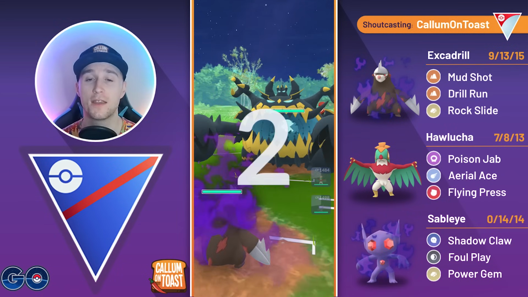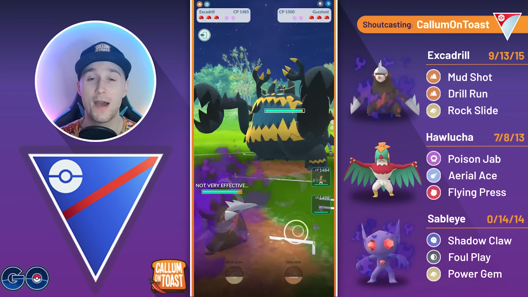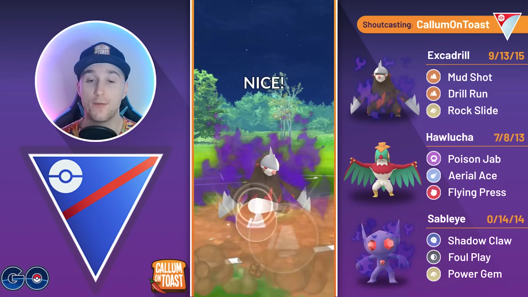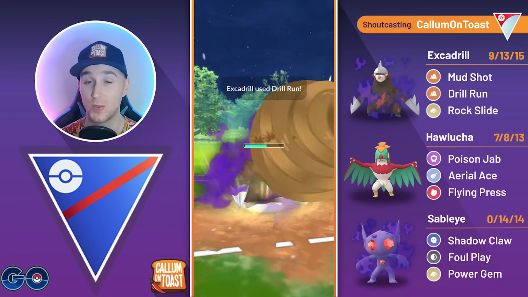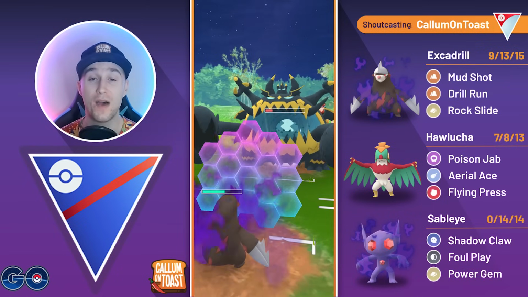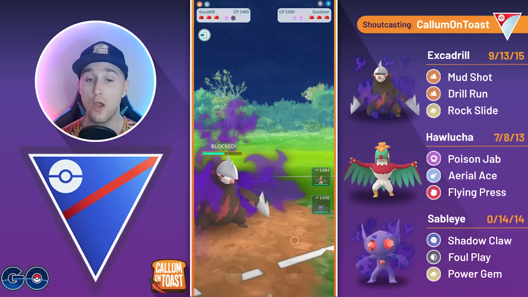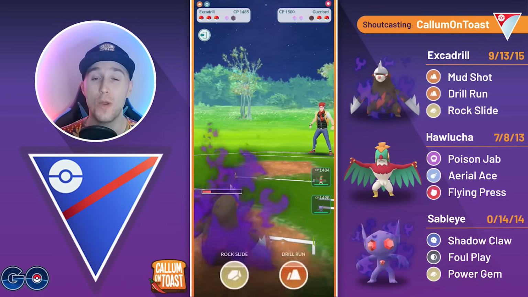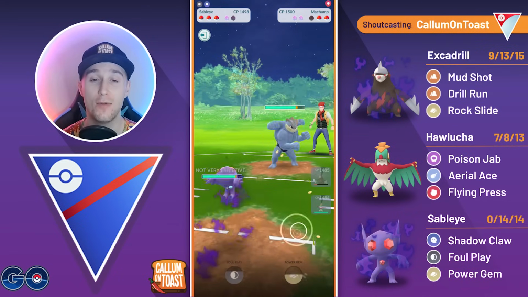Into the next game, we see another Guzzlord in the lead, so we've got to be careful about this matchup here. We are going to overfarm, go for a Drill Run, throwing just before they make it to a potential Crunch or Brutal Swing. The opponent lets that go through. That does a lot of damage. I'm going to shield this up and hope that I can just fully farm them down. They do go for the Crunch. They don't get the debuff once again, and we can get that farm down, although we're very low